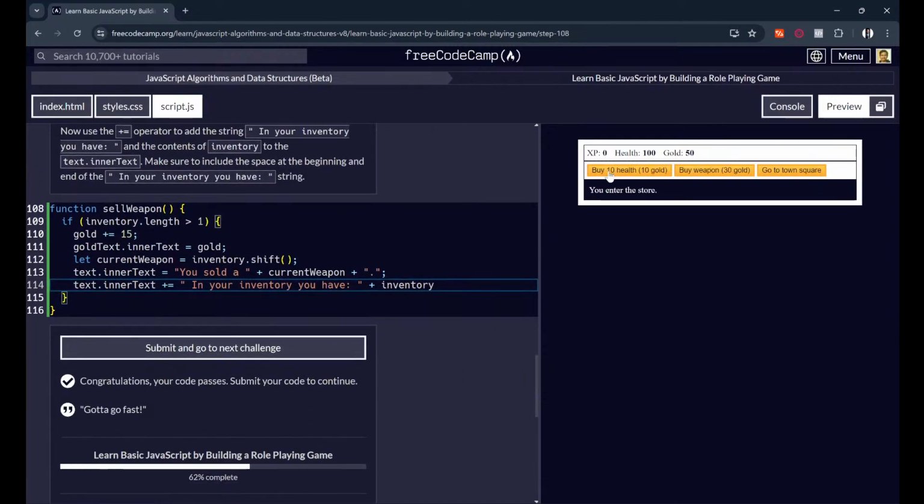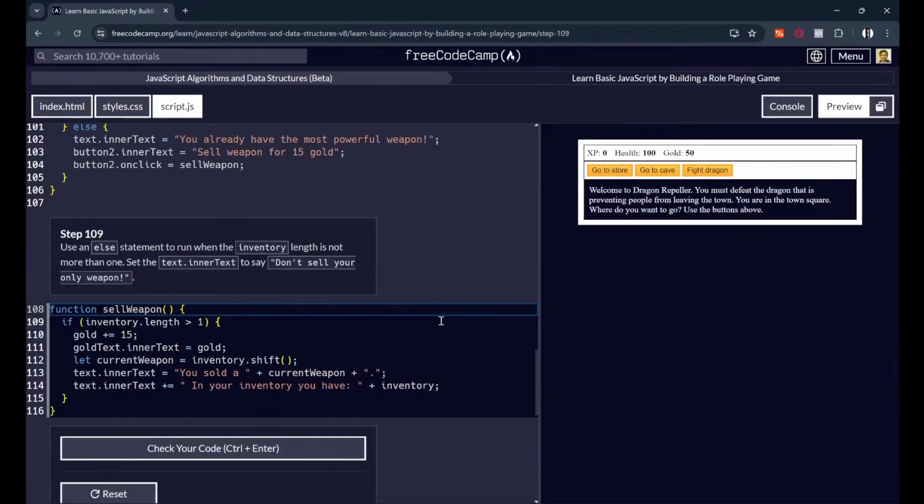If I go to the store, we have buy weapon, we have bought the weapon. Now go to town square. I think I'm doing something wrong. Sell weapon. I'm not seeing the sell weapon option, but